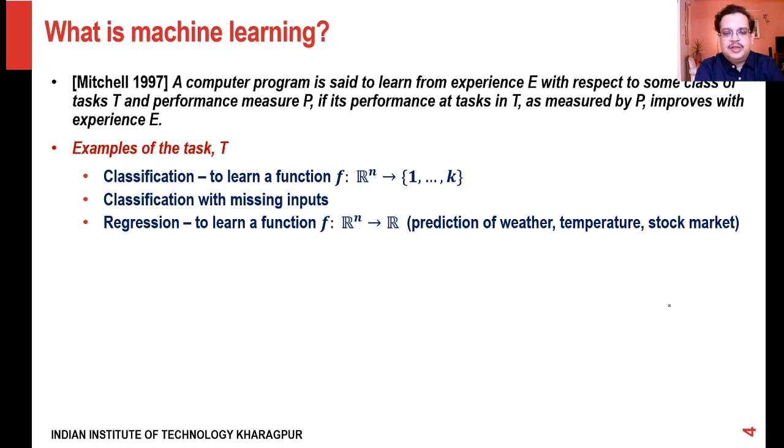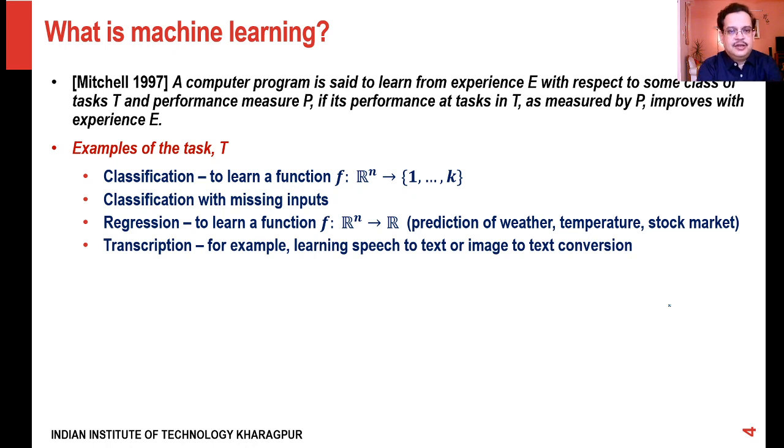For example, given a set of parameters, can I predict the temperature of the next day? Or can I predict, for example, how much solar irradiance there will be in the next 1 hour, so that I can plan the amount of energy that is going to come out of my solar farm in the next hour or so. I can predict also things like the stock market. Many different variables are there, and based on that I want to predict the value of a stock, or I want to predict the value of the Sensex, for example, and so on and so forth.